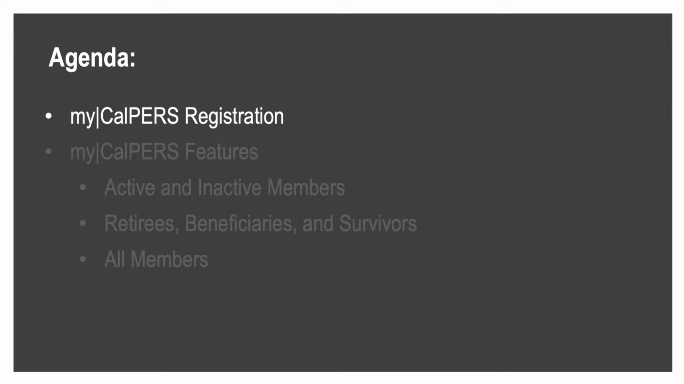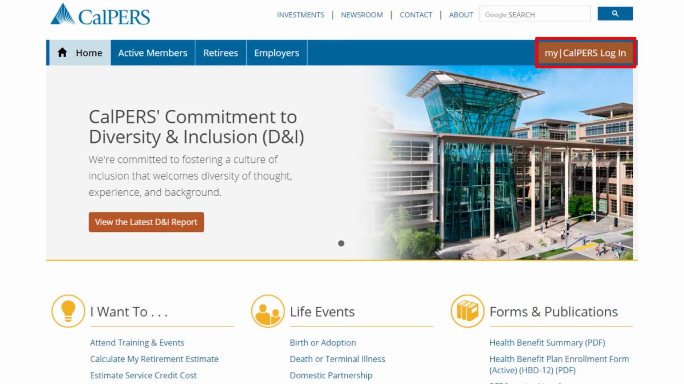Those eligible to register for a CalPERS account include active and inactive members, retired members, beneficiaries and survivors, and those who have funds on file or are receiving a monthly benefit due to a community property case. To access CalPERS, select the CalPERS login button on the upper right-hand corner of our website. You can also find the CalPERS page directly at